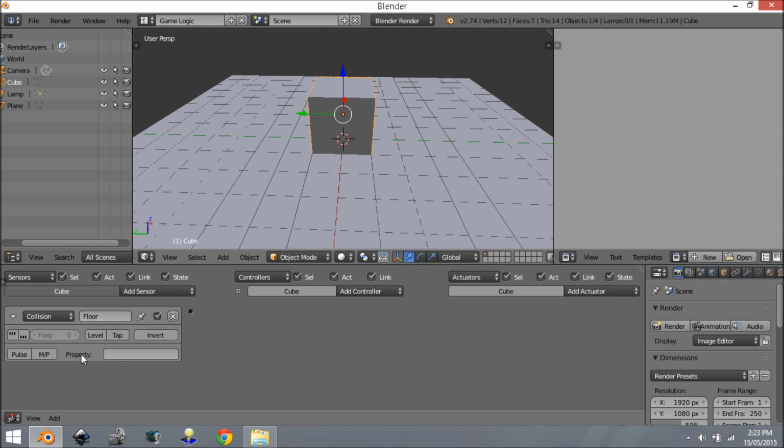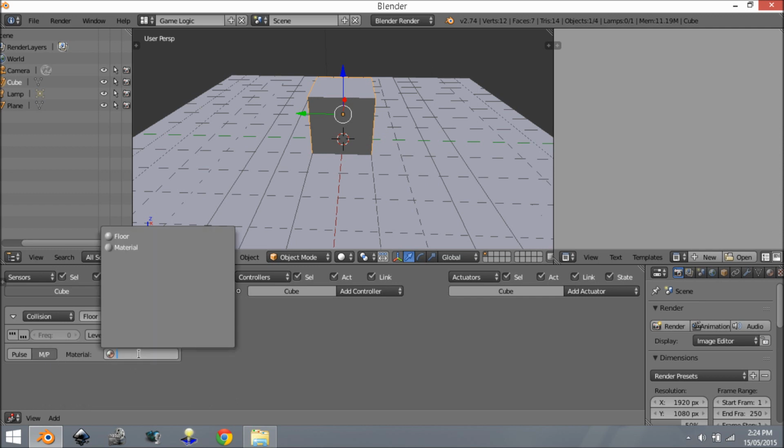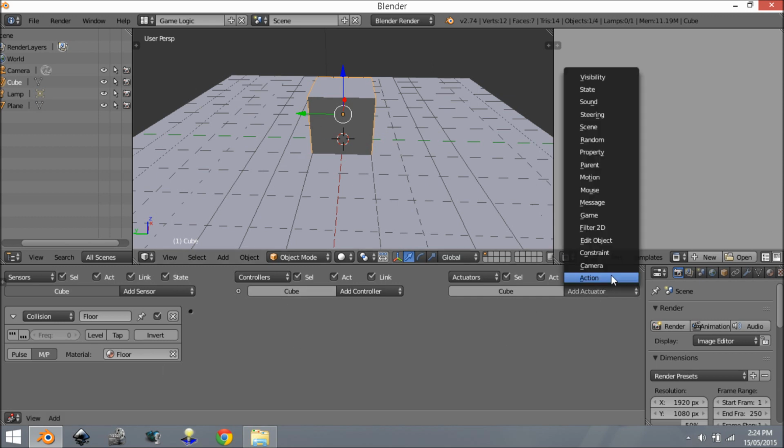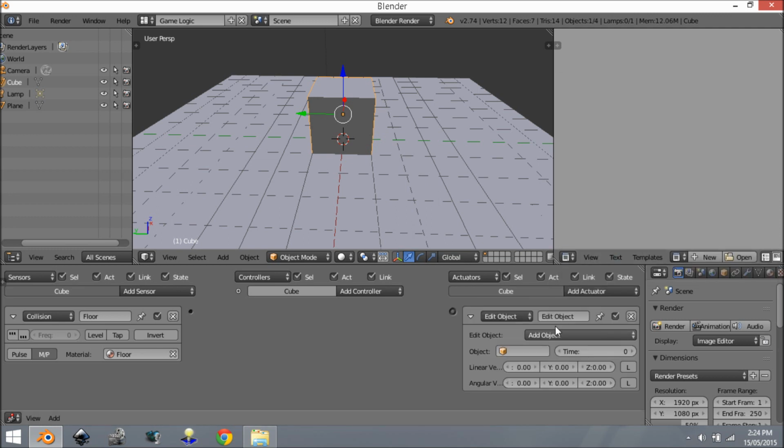Here we want to detect a material, but not a property. The way we detect if it's a material is coming over here to this M/P. This toggles between collision on material or collision on property. So if we go material, and we collide with an object that's got this material, it's going to send out a pulse. If we click this, what you'll see now is it's set up. Then we're going to add an End Object, and this is for testing purposes, so it's going to delete it if it works. So if we connect this up,